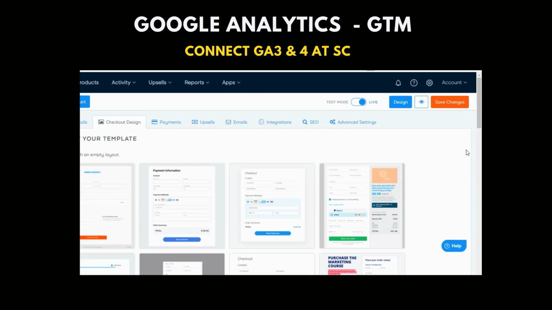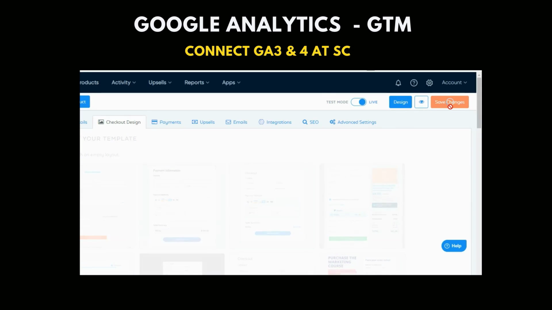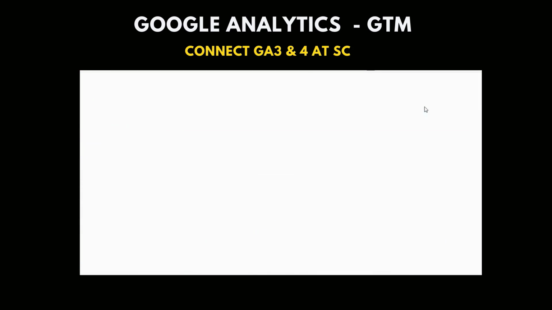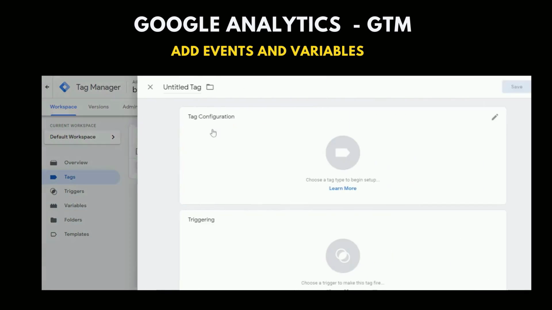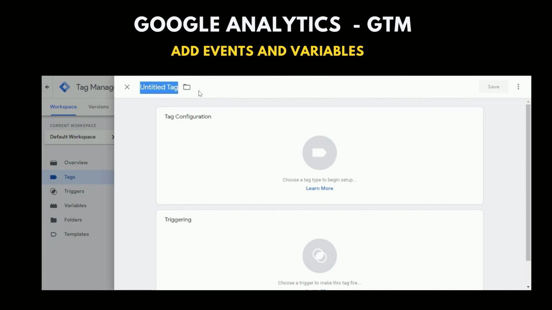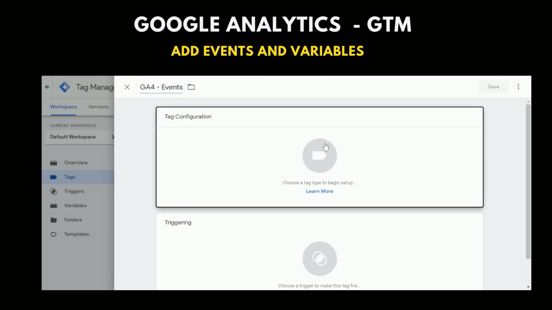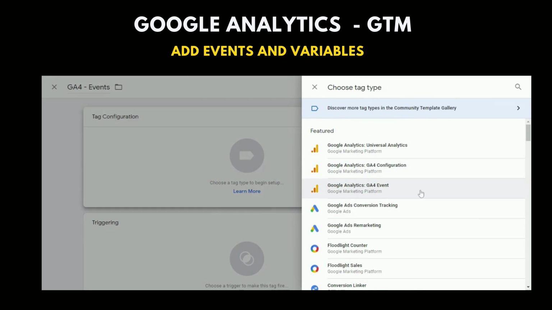So here it is. We're going to select this template and we set up the page. We don't have to paste any code extra because right now it is handled by Google Tag Manager. Okay, but also we have to do one more configuration for Google Analytics 4 Tag Manager, that is include the